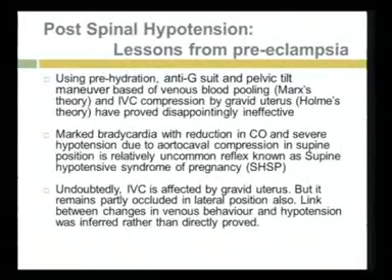Undoubtedly, the IVC is affected by the gravid uterus, but it remains partially occluded even in the lateral position. The link between the changes in venous behavior and hypotension was inferred in the previous studies rather than directly proved. And this is also true because if you see the hepatic drainage, it is above the IVC, where the IVC is compressed by the gravid uterus, and this hepatic drainage contributes to near about 50% of the return. So what they said is that the venous return is not impeded, though it is being maintained at a higher pressure